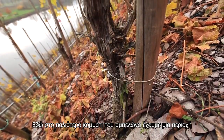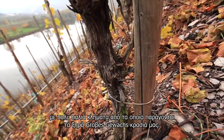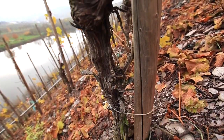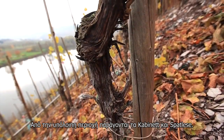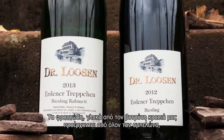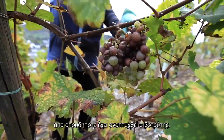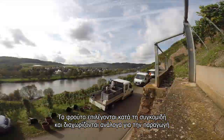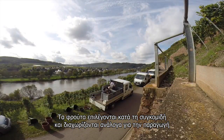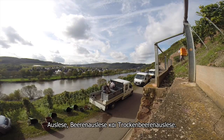Here, in the oldest part of Treppchen, we have an excellent parcel of our 100-year-old vines where we harvest our dry Riesling. From parcels down there in the reorganized part, we get our Kabinett and Spätlese wines. The fruit for our sweet style botrytis wines comes from all over the vineyard, wherever botrytis has developed. The affected fruit is selected out by the pickers during the harvest and vinified separately to produce Auslese, Beerenauslese and